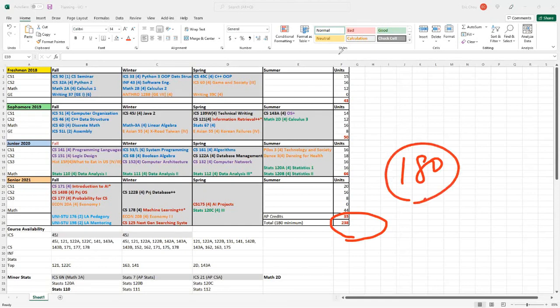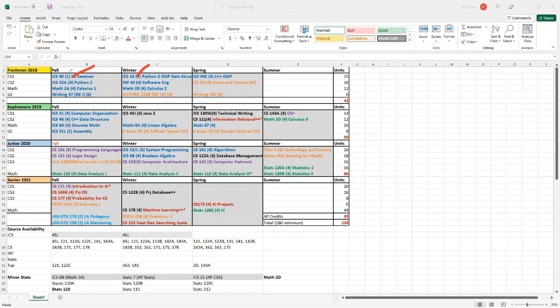So over here, I wanted him to take basic Python 1, Python 2, Python 3. But he has AP CS A, so he skipped Python 1. He starts with Python 2, Python 3. And then he took C++ OOP, C++ data structures, Java 2, Java 3, and then information retrieval that I mentioned about, and then programming languages 141, and took database, computer network, algorithm, system programming, computer architecture, right?